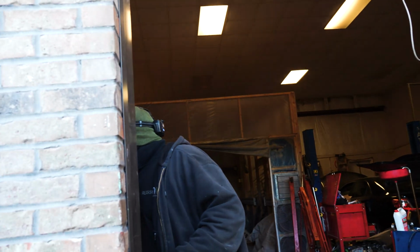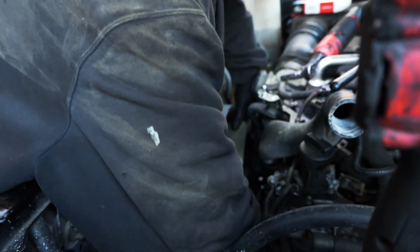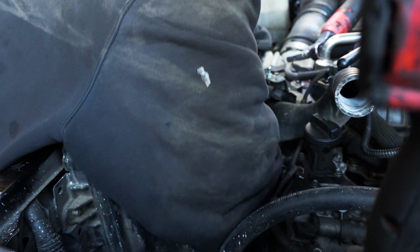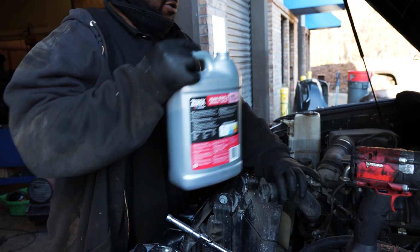Let me get my magnet. Oh God, gotta love it when you drop something. Gotta love it. Because now I probably gotta pull this out to find it. Shit. Oh God. All right, so